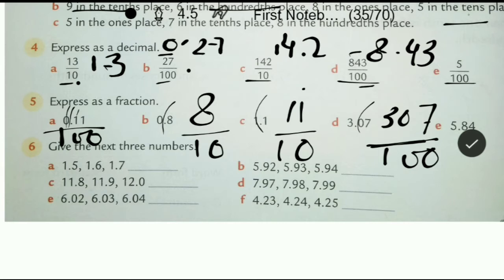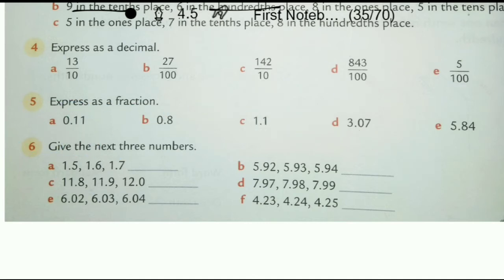And same this one, 5.84. Remove this decimal. So there we can put the denominator as 1, and how many numbers are there after the decimal? That many 0s you can put in the denominator. Clear? Now write the next numbers: 1.5, 1.6, 1.7, 1.8,